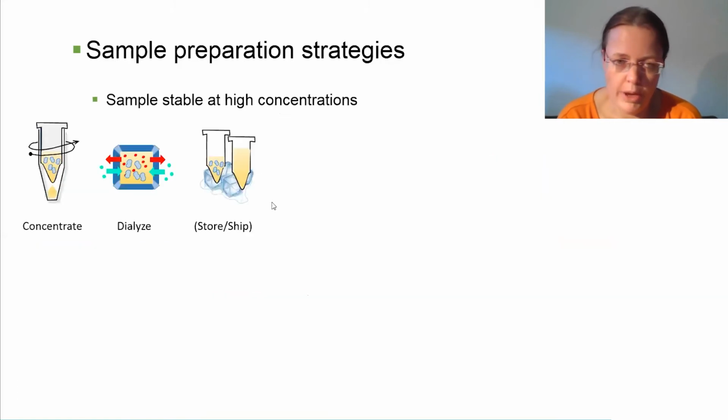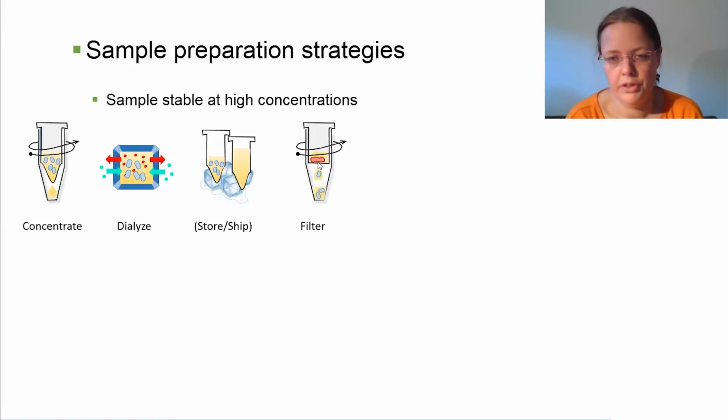And the way to go about preparing the best samples also depends, of course, again, on what's in your sample. So in an ideal case, your sample is very stable at very high concentrations. So in here, the ideal way to prepare your samples would be to concentrate your sample to the suitable concentration, perform a dialysis, keep the dialyzed buffer and your sample, then freeze them and ship to the beamline. At the beamline, we can offer to quick filter them or do a centrifugation step to remove aggregates that might have occurred or been formed during the shipping and storage stage.